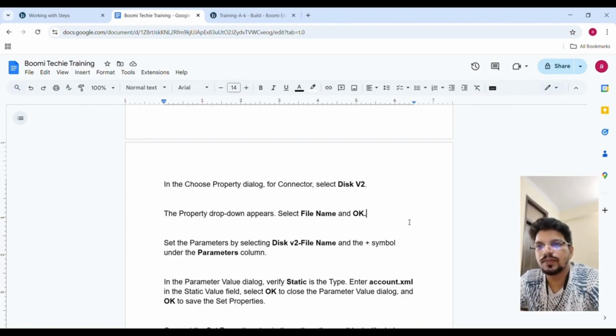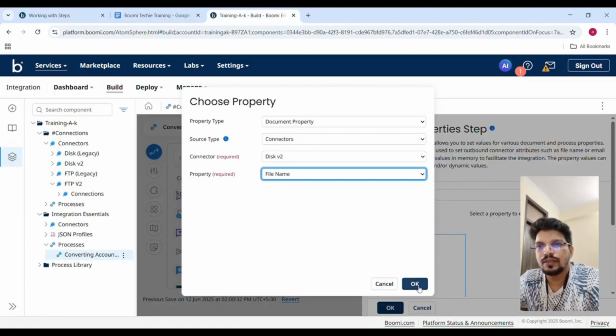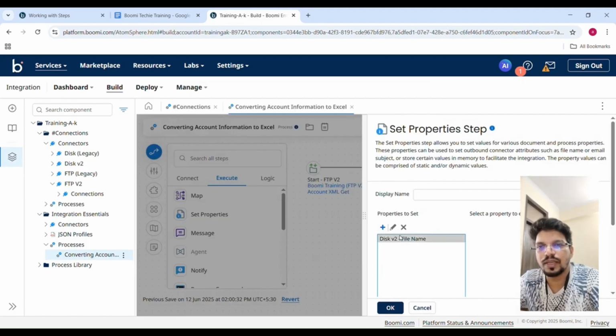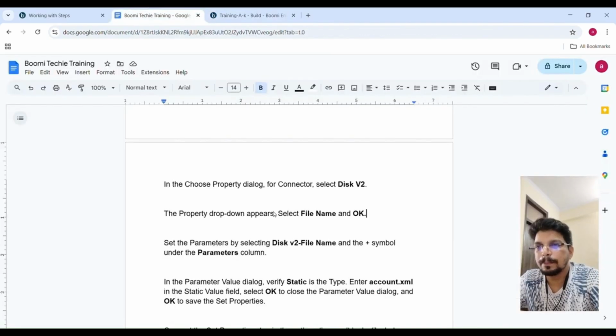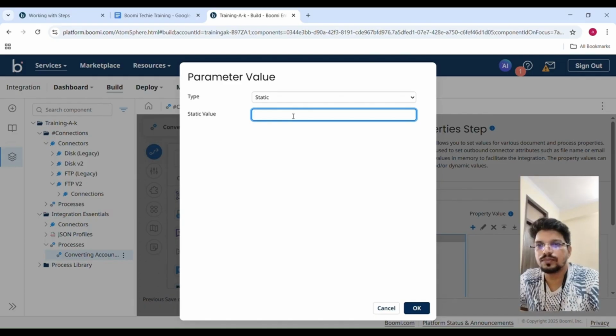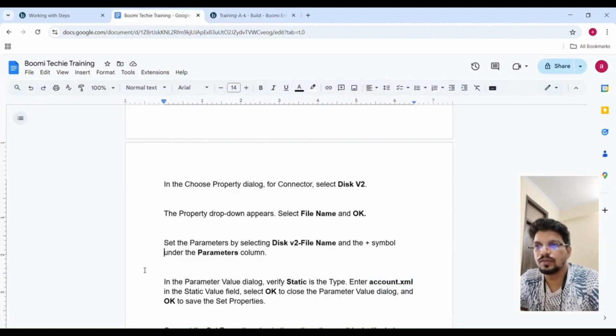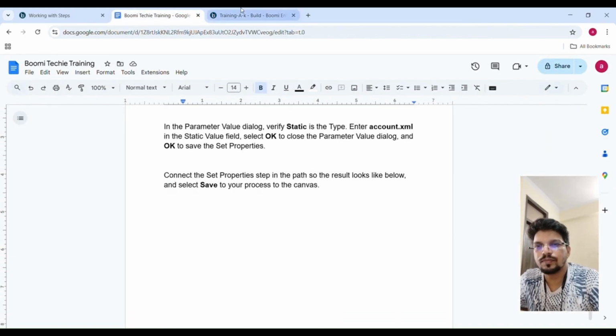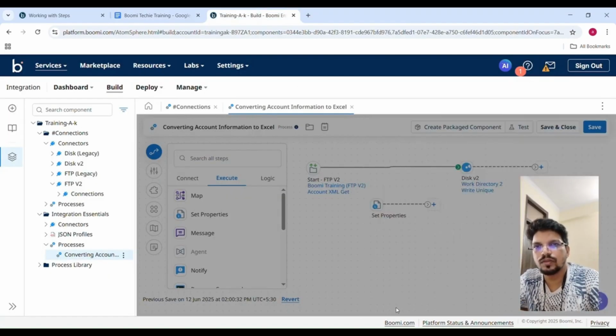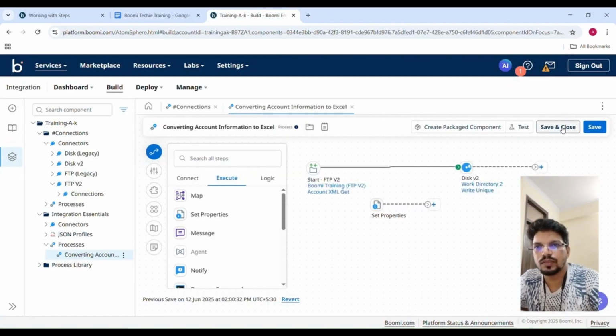अब इसको ओके करेंगे। अब जब ये प्रॉपर्टी सेट कर रहे हैं, अब इसकी वैल्यू सेट करेंगे। प्लस आइकन पे क्लिक करेंगे और इसकी वैल्यू क्या है, पैरामीटर इसकी V2 फाइल नेम, वैल्यू क्या होगा, account.xml, ठीक है। अब इसको ओके करेंगे तो सेव करेंगे, ओके करते हैं और इसको सेव करते हैं।